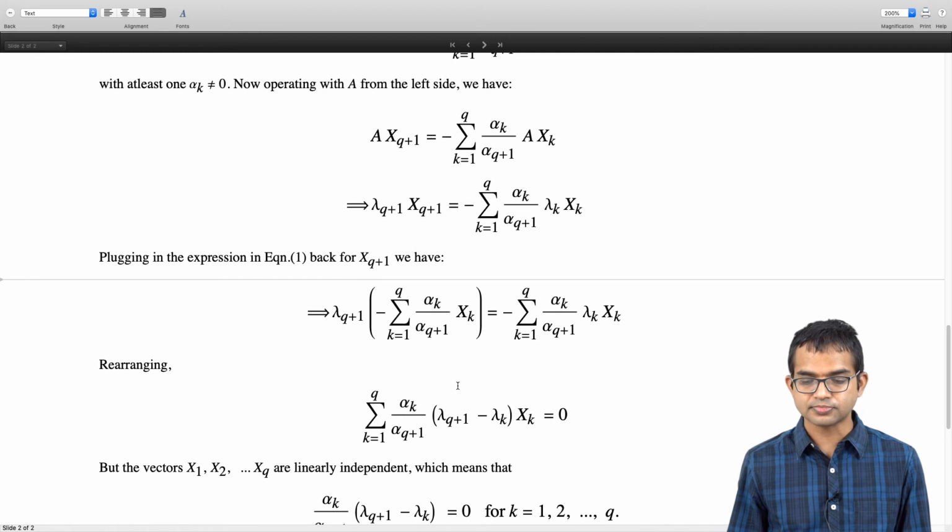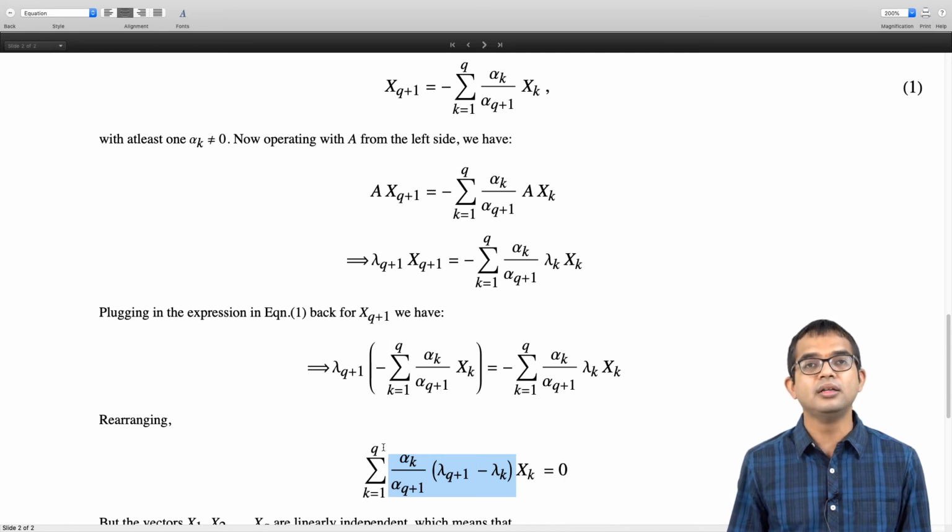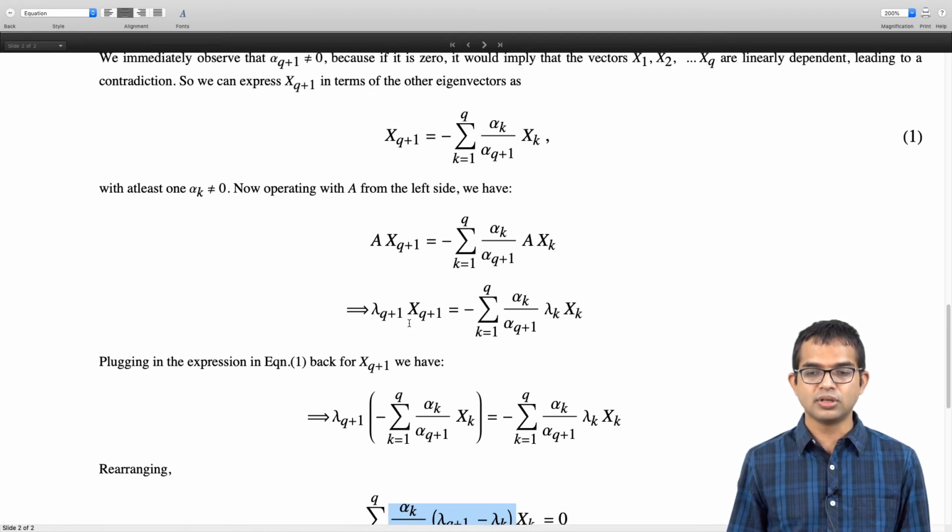Now, what do we have here? We have the sum of some coefficients times these vectors x_k equal to 0, but x_k, k going from 1 to q, are linearly independent. So that means that the only way this can happen is if all of these coefficients are 0, right? And from here we know that at least one of these coefficients alpha_k is non-zero, because if all of these were 0, then